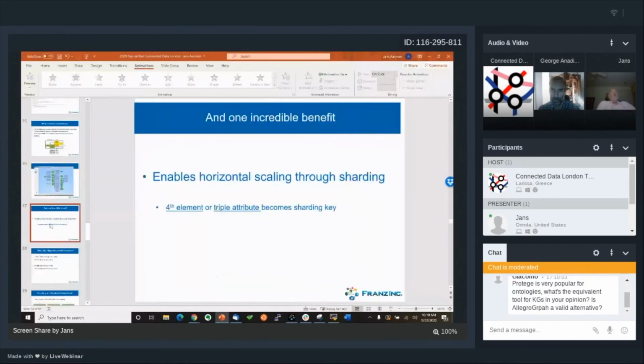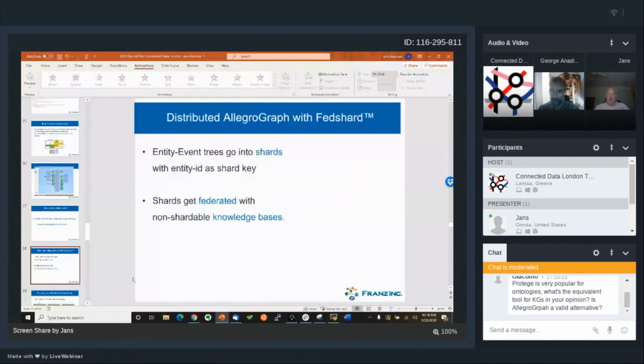And then the entity event model has one more really important advantage, and that is you can do horizontal scaling through sharding. Because this entity event model creates entity event trees that are logically grouped, because the fourth element is the patient identifier, we can shard, for example, on patient ID. So we created this system